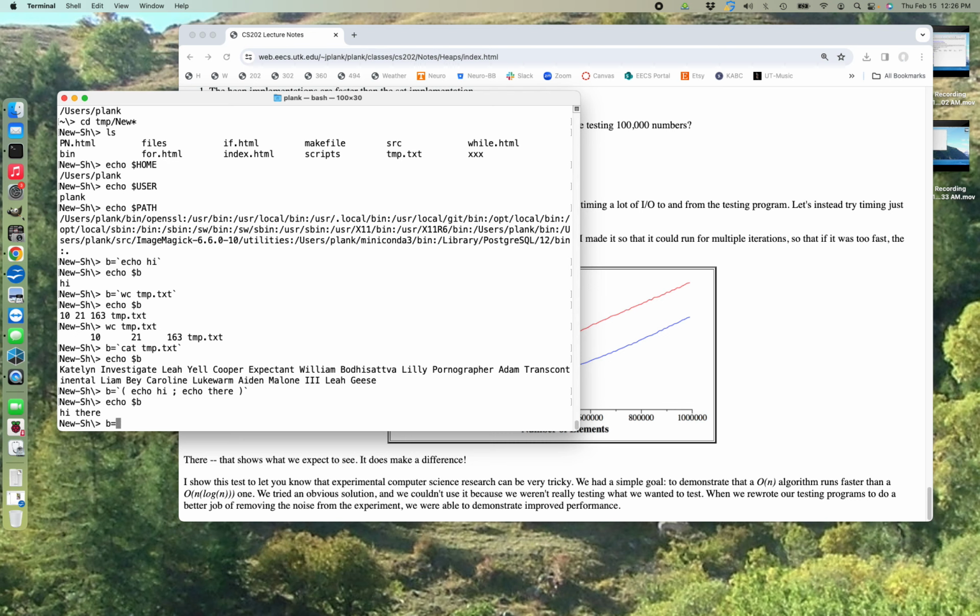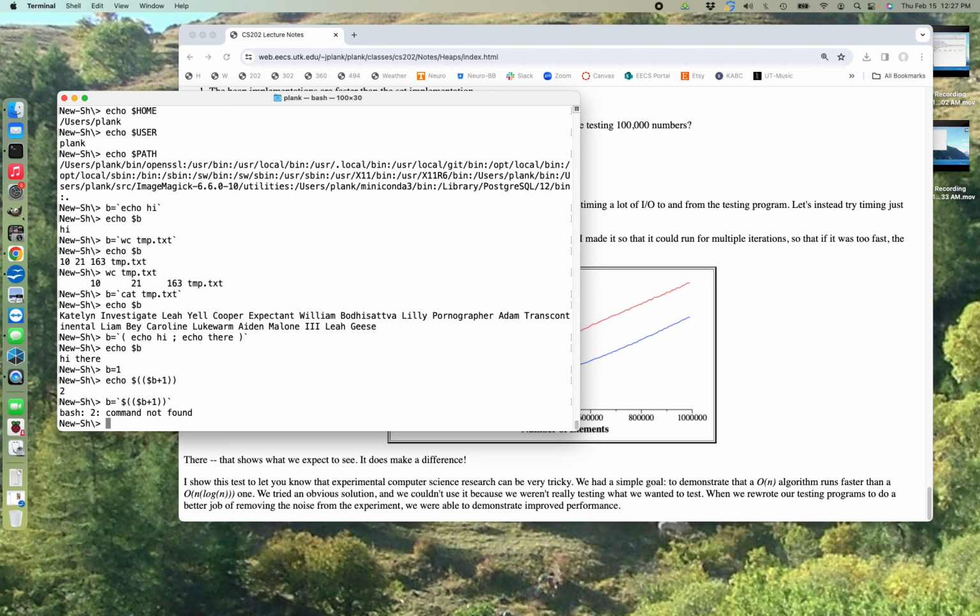So if you want to increment b, right, you say b equals b plus 1. What did I do wrong? Oh, maybe it's just the command itself. There we go.